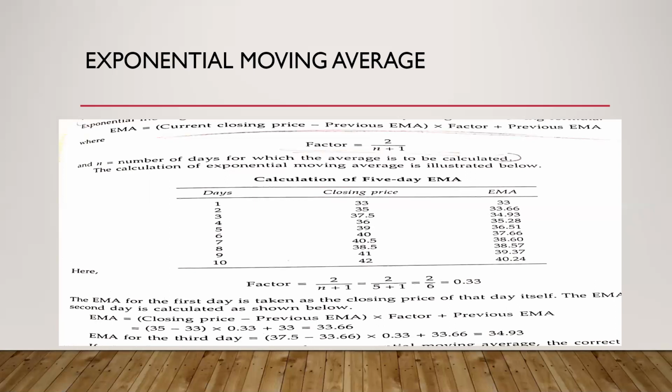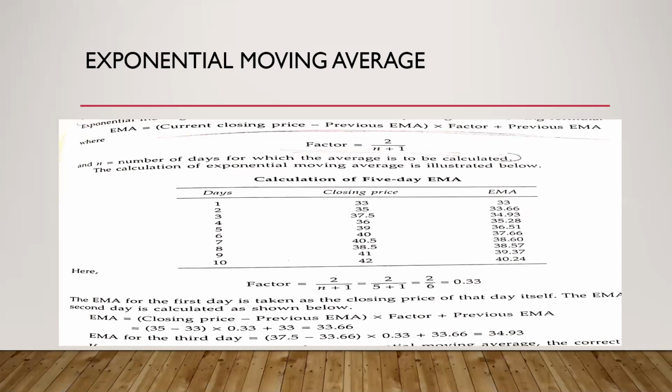Okay. So we know how to calculate the simple moving average and we know how to calculate the exponential moving average. Now, after making these calculations, we are going to plot these in a chart. To find out the underlying trend of the market, if you're calculating the average for a 5-day period, then you can get the short-term trend. For 5 to 10 days, you can calculate the short-term trend. If you're going to calculate for 50 days or above, then you will get the medium-term trend in the market. And if you're going to calculate for a 200-day average, then you will be able to find out the long-term